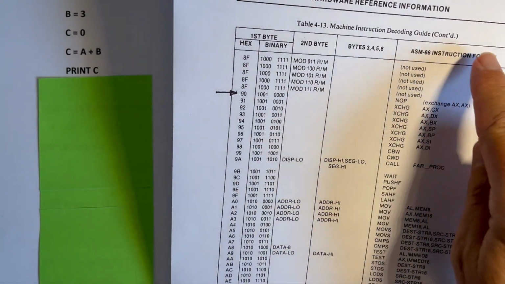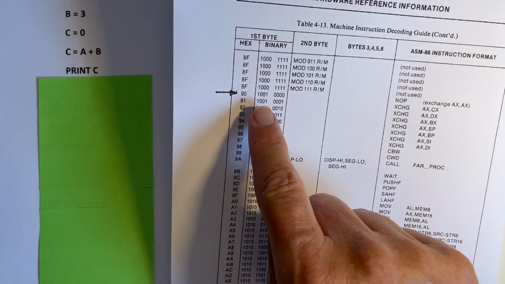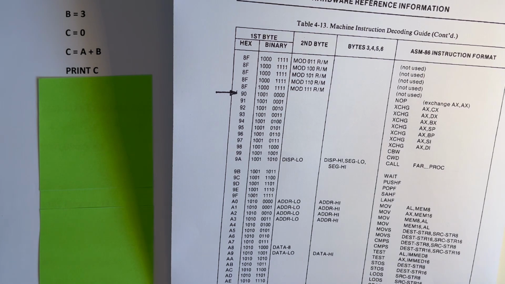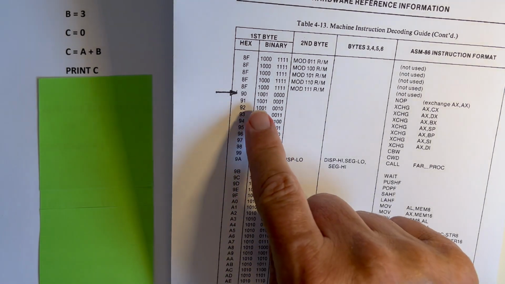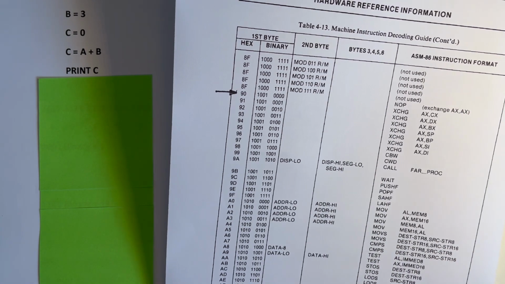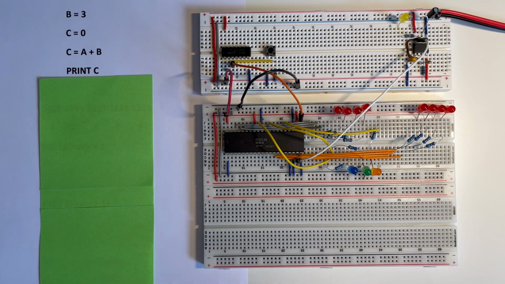And here you'll see the instruction for no op, which is no operation, is 1001 0000. Therefore, if I set pin 15, which is D0, to 0, and the next D1, D2, D3 to 0, then pin 12, which is D4, to 1, D5 and D6 to 0, and finally D7 on pin 9 to 1, then when the processor reads the data pins, it will actually see this 1001 and then 4 zeros, which is that no op instruction. And although the no op instruction is saying do nothing, it might actually give us a more predictable operation. So I'll just connect these pins.